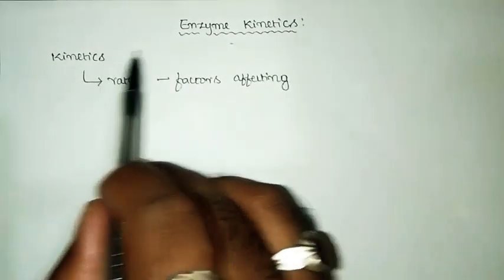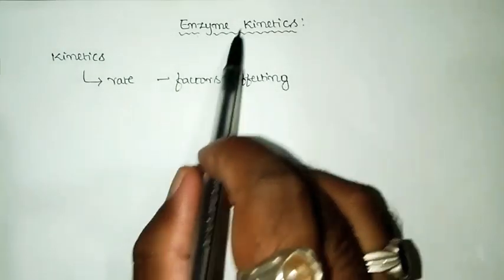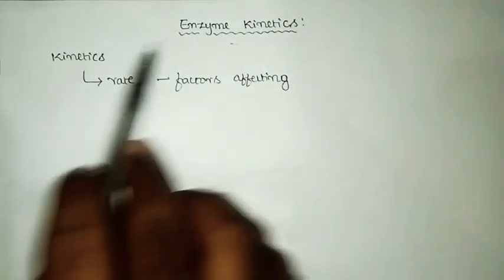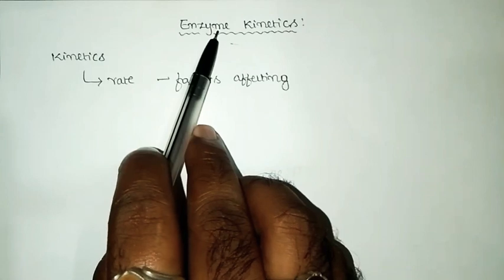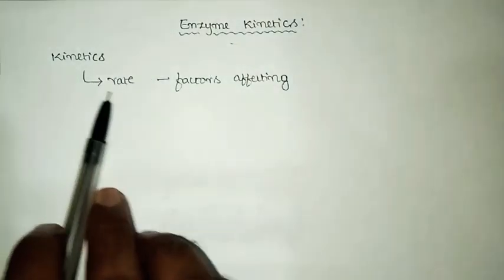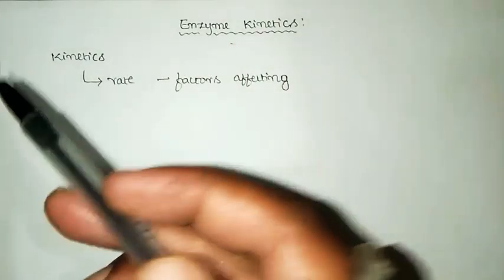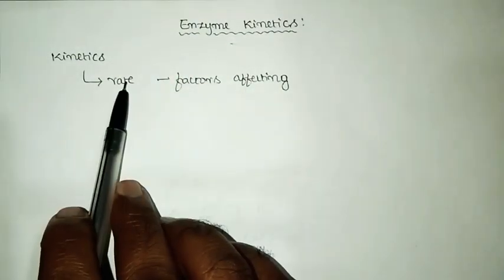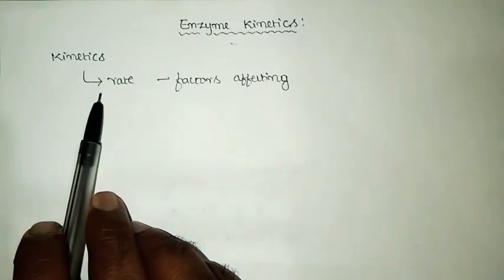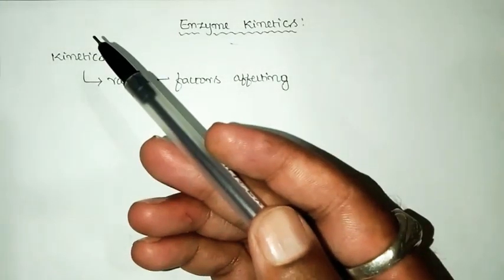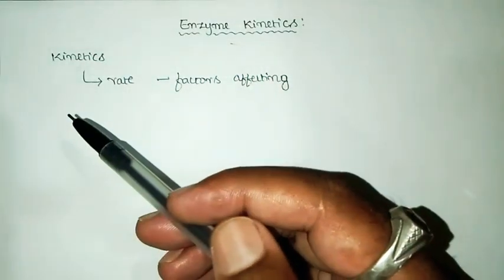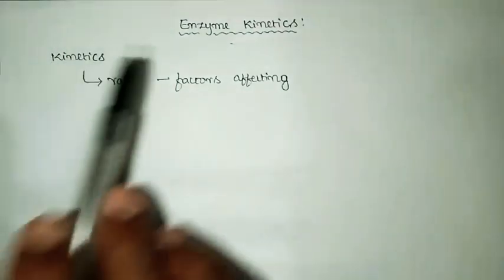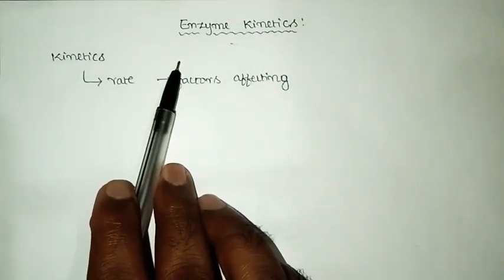And here we are joining the term kinetics to the word enzyme. So, solely, we have enzyme kinetics. That means in enzyme kinetics we learn about the rate of a reaction which is catalyzed by an enzyme, as well as the factors affecting the rate of that enzyme catalyzed reaction. Like how the rate of a normal chemical reaction is influenced by various factors, the rate of an enzyme catalyzed reaction is also